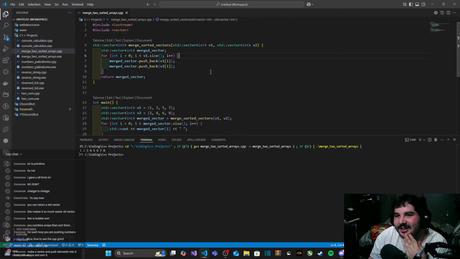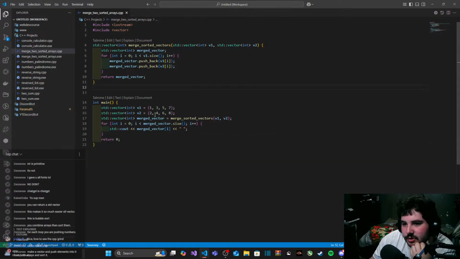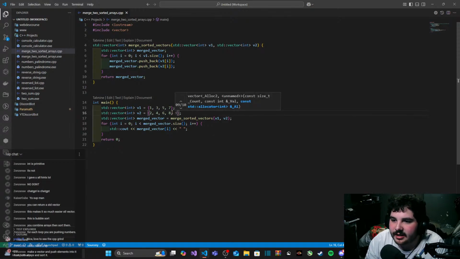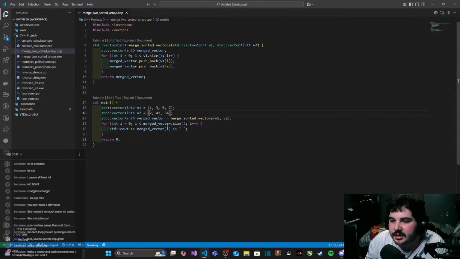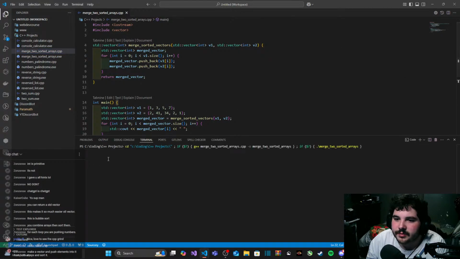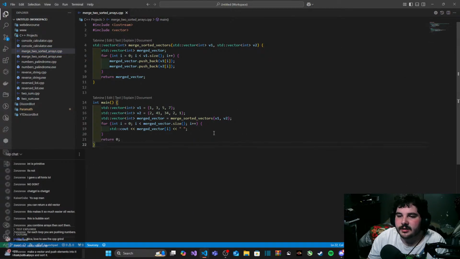I know why it's working. It's because the other arrays I'm putting in here are already sorted. Yeah, I get an error there probably because they're not the same size. But you get my point, so I need to actually sort that.